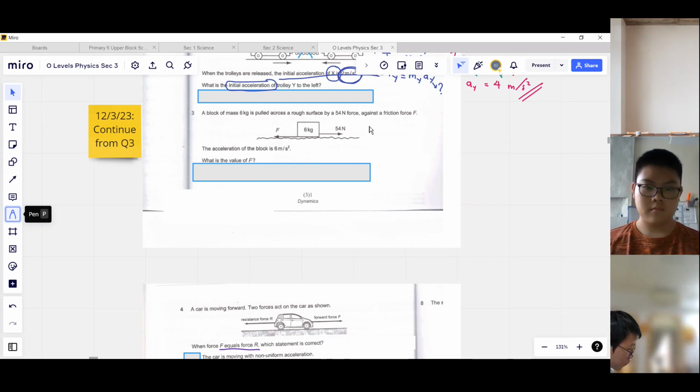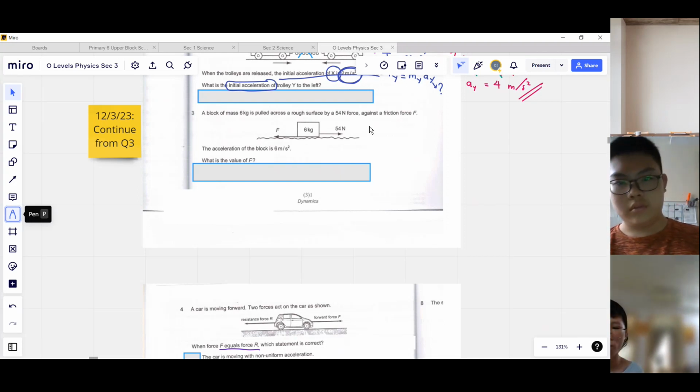What does that mean? That means F net is 0, and that also means acceleration is 0. But can something still move at 0 acceleration? Can, right? That's the trick. So when it's still moving, acceleration is 0. What does that mean? It's moving at